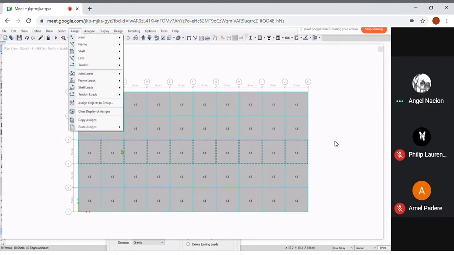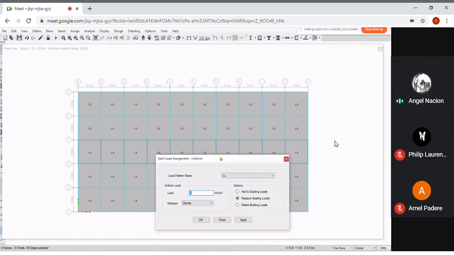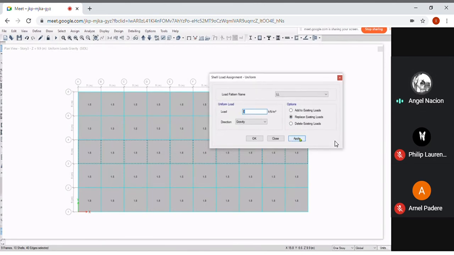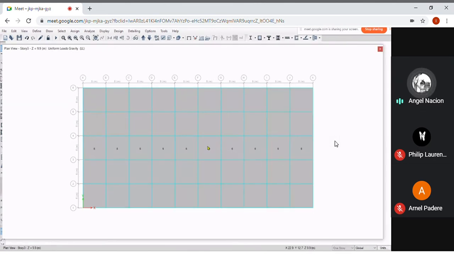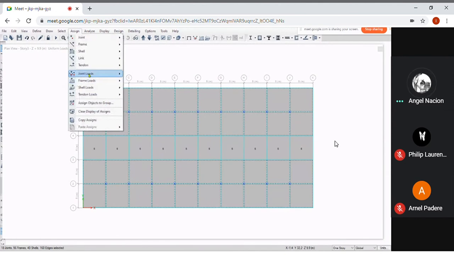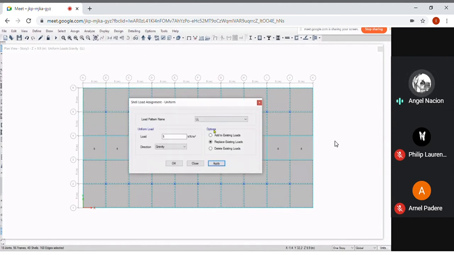Assign. Dito na tayo kanina. Live load of 5 kilopascal. So there you have it. You have 5 kilopascal here. And since these are rooms, okay? So you need to select all of these remaining areas, and you need to apply assign shell uniform live load